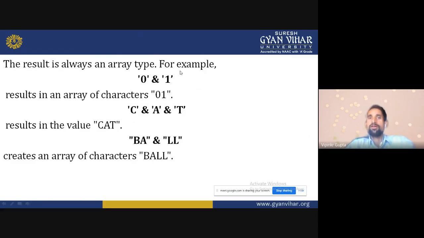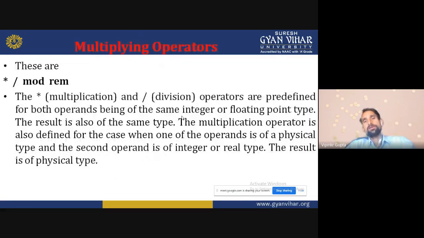The concatenation of 0 and 1 gives an array of characters, 0, 1. One more example: C and A and T. What did you get? Cat. W and A and L and L. What result did you get? Wall. Like that we can get results.